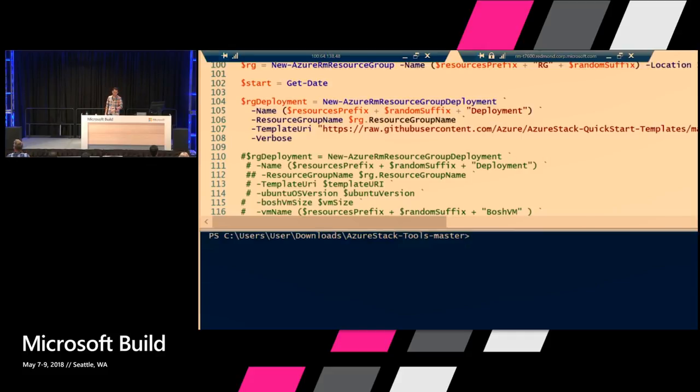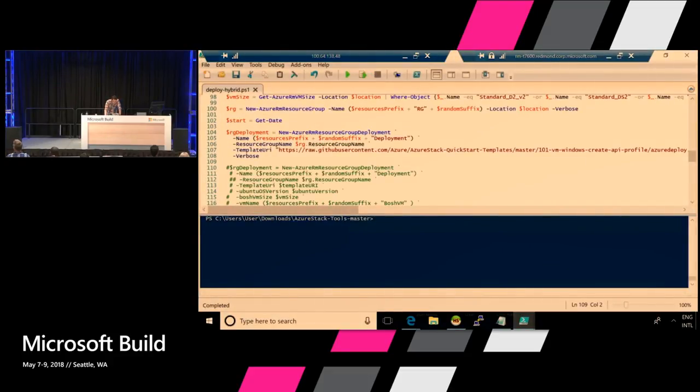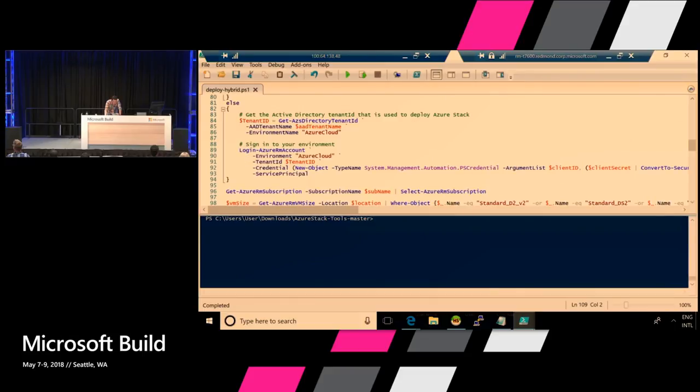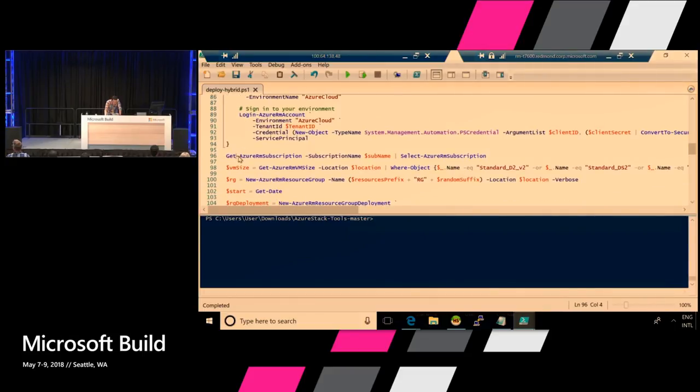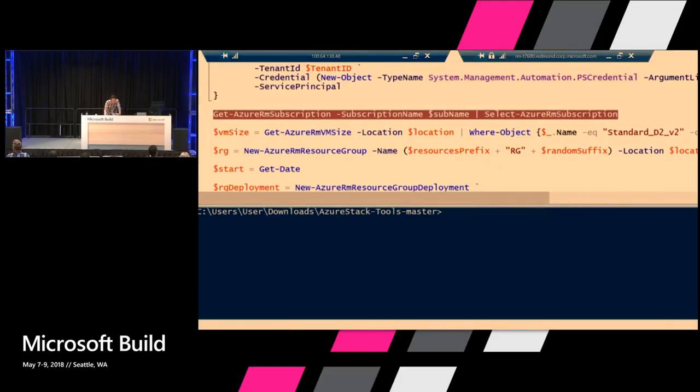It's invoking a template that is in GitHub and performing the deployment. This is a very simple template. It's part of the quickstarts, and it just creates a VM. All right, I won't go into the specifics of the template here. So what I like to do is, we'll go ahead, take a look at this code here, and I'll set a breakpoint exactly where I get my subscription. And you can see the command Get-AzureRmSubscription.